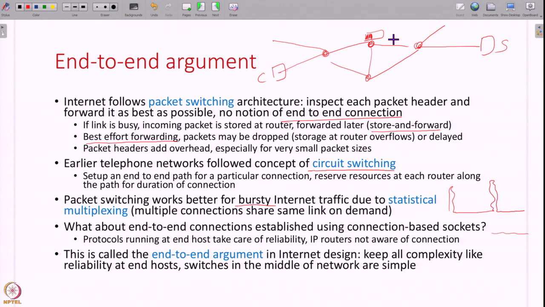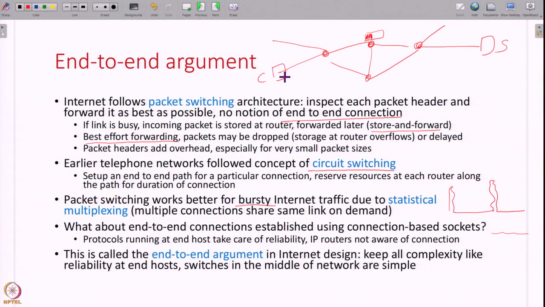But then you might be wondering, what about all this connection based sockets, where we established a connection to a server and all of that? Well, what is happening to all of that? All of that information, the fact that you are talking to the server and some ways of establishing reliability, all of that only happens at the end host. So, this design philosophy is called the end to end principle or the end to end argument in internet design. Whatever complexity you have, for reliability you have to remember that I have sent so many packets,